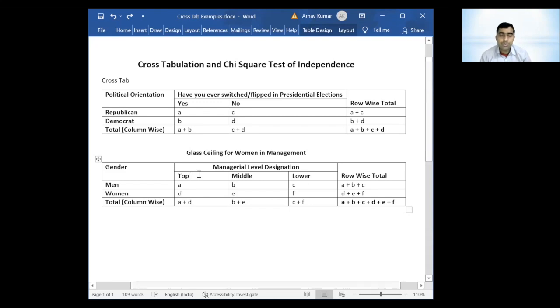Those who have joined immediately are basically working as management trainees or executives, and after 5 to 10 years they will be in mid levels, and post that they will go to the top managerial positions like CEOs, CFOs, chief financial officer, chief HR officer, HR head, marketing head, presidents, vice presidents. That would be senior or top managerial positions. So we can ask people what is the level of management in which you are working, and